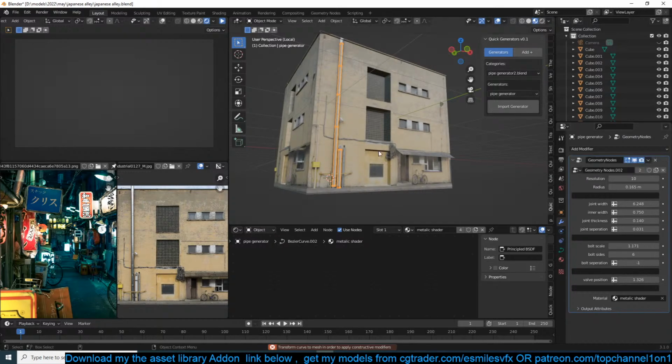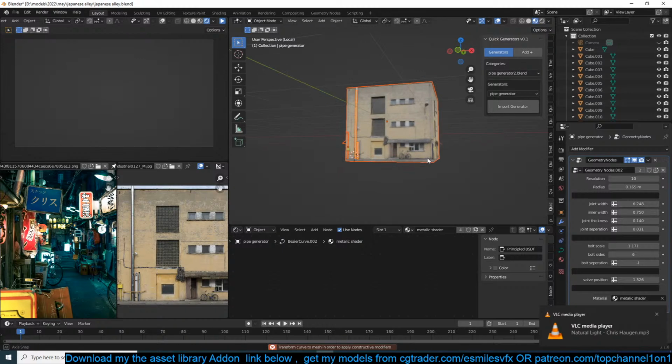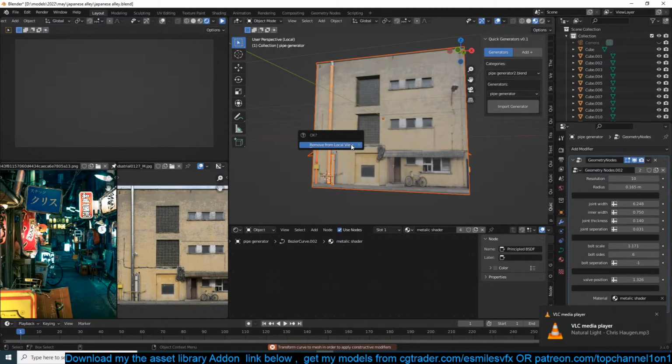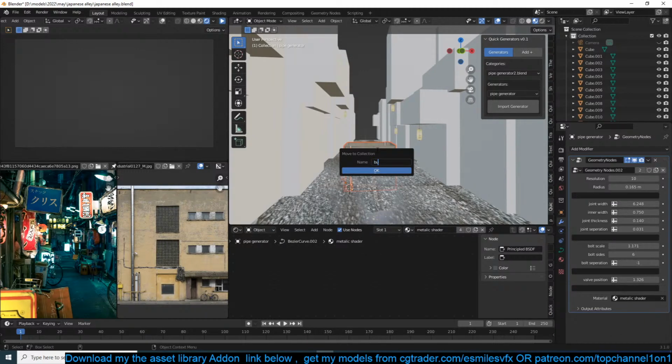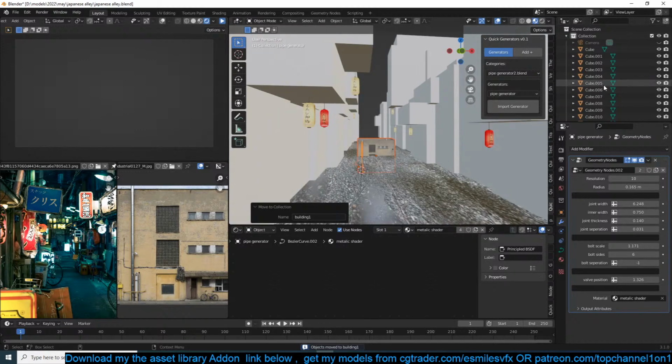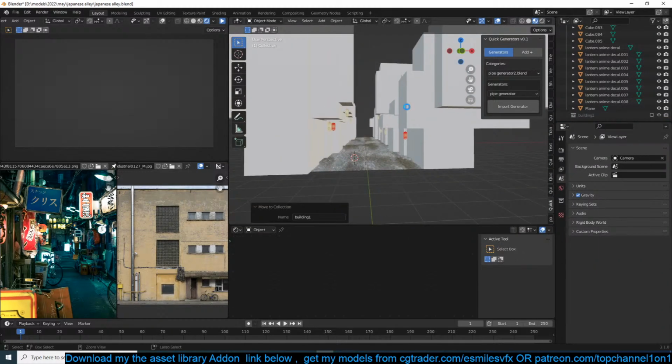Okay, it seems we can't apply geometry nodes. That's okay, we can figure that out later. Let me just group this into its own collection. Call this Building 1. Now all I have to do is start replacing some of these.